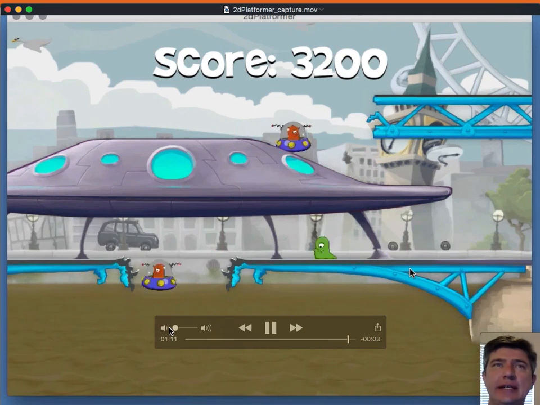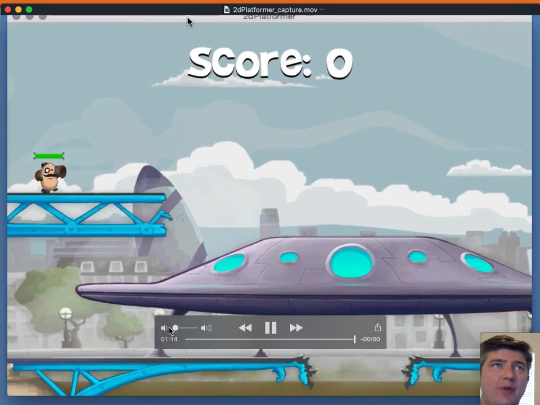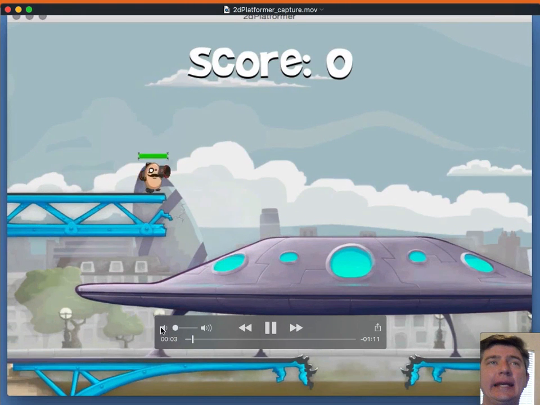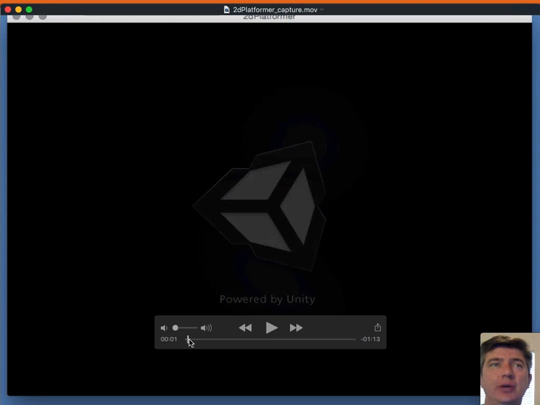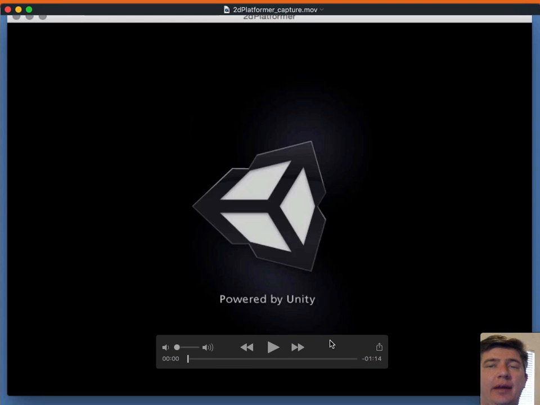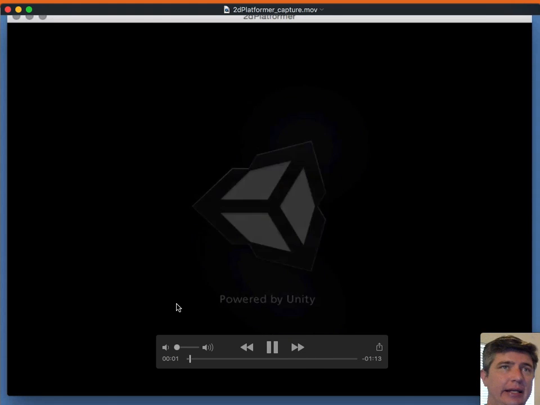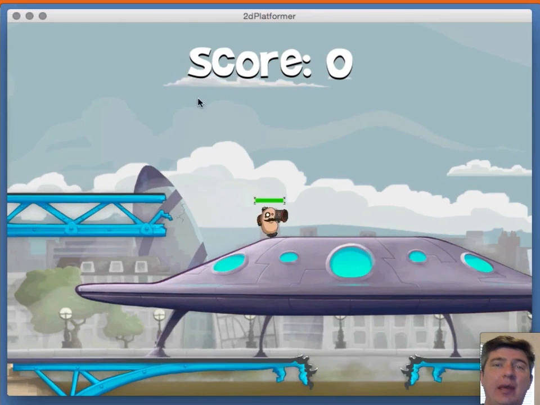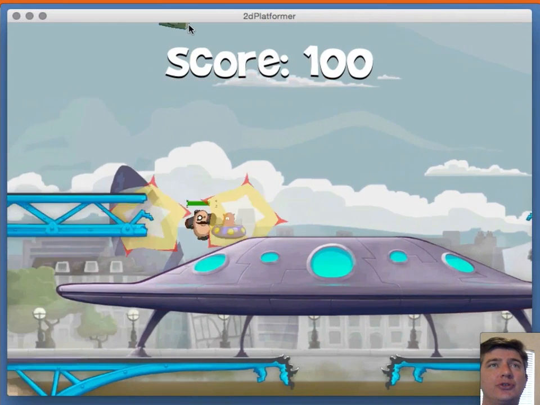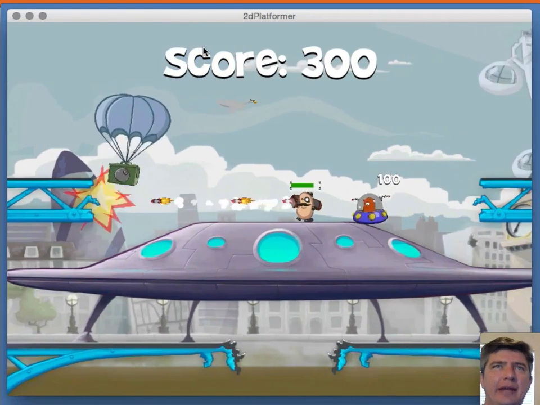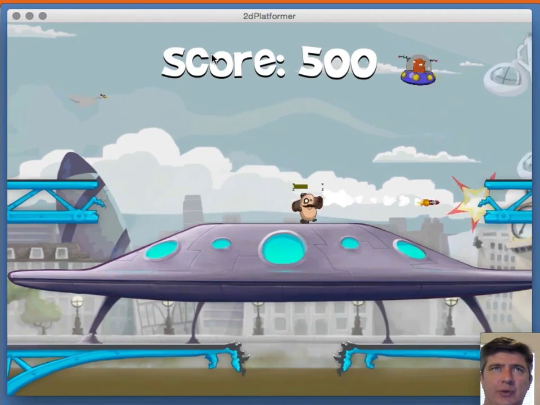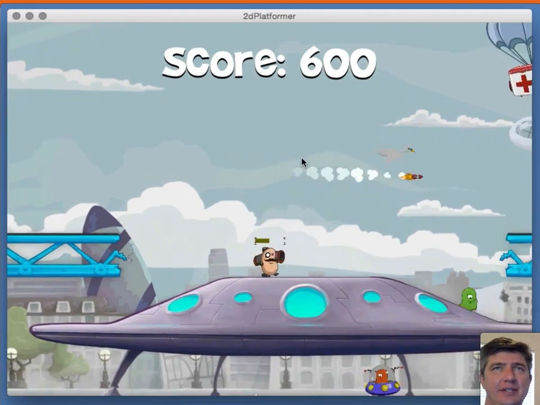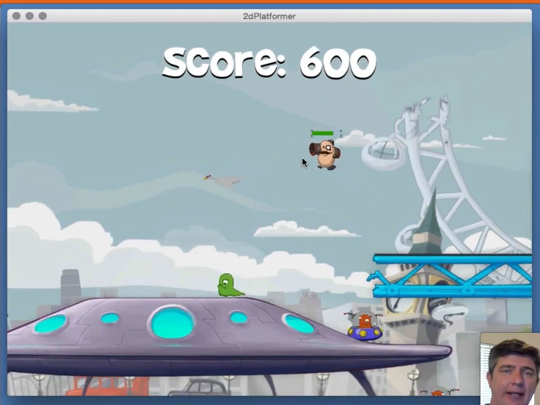All right, so this is a 2D platformer, your first game project, and it is made by a company called Unity Games. They have a game engine called the Unity Game Engine, and it is the main tool that is used to create this game. The Unity Game Engine is a very popular game tool that is used to develop a lot of games on the iOS and Android store. It's very popular for mobile game devices, but it can also run on PCs and Mac and game consoles.